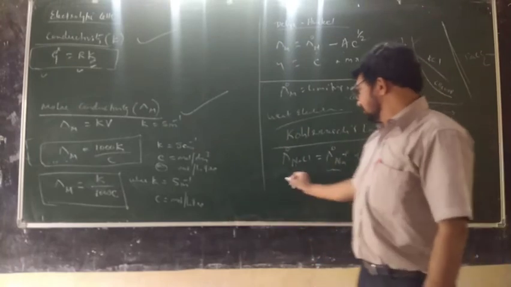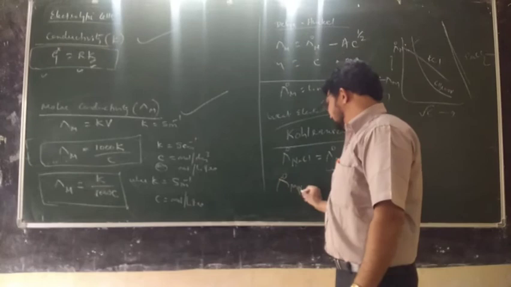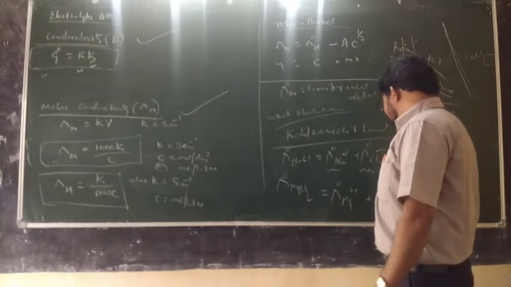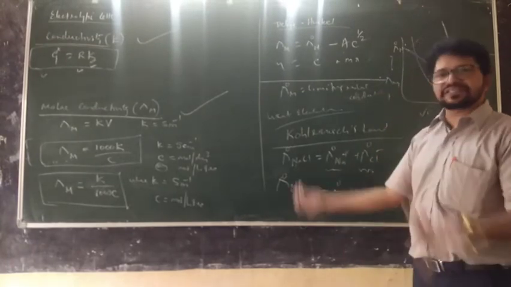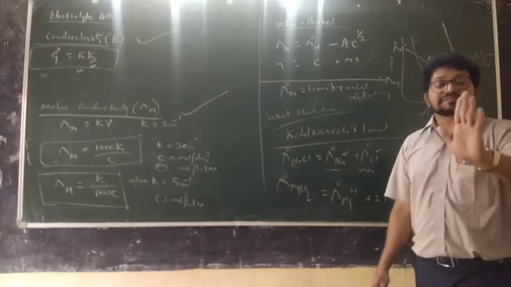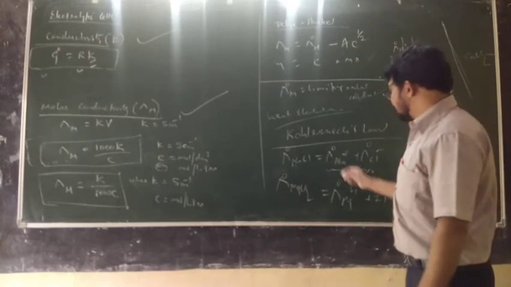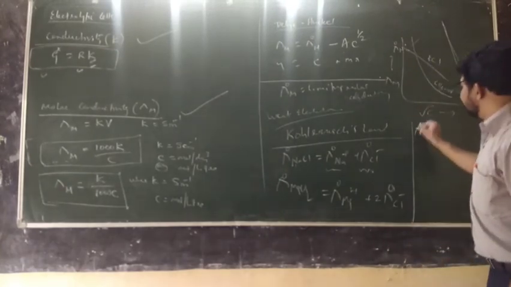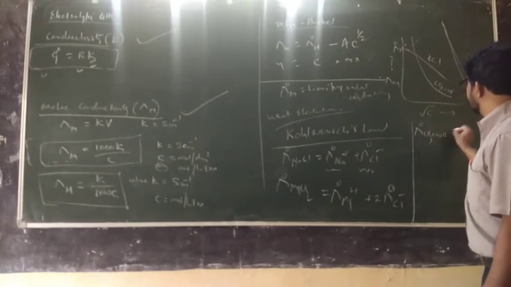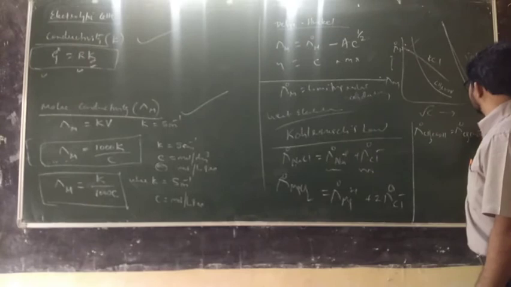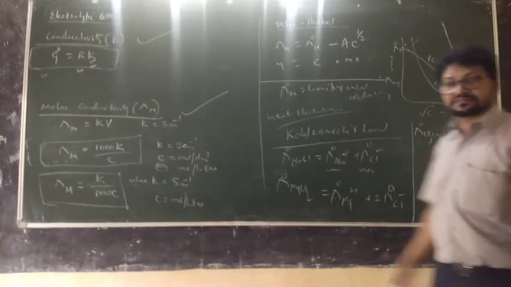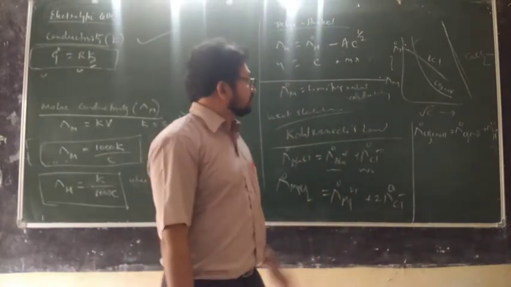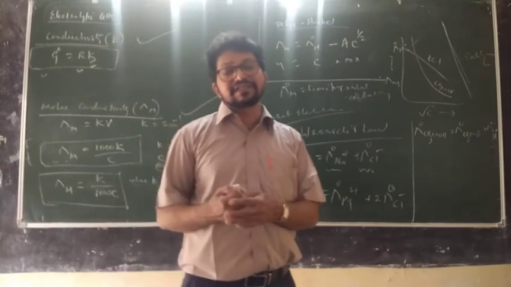Only at infinite dilution. What about lambda naught of MgCl2? Lambda naught of Mg2 plus plus 2 times lambda naught of Cl minus. This is the way you can calculate. This is not of much importance for what? Strong electrolytes. It is of great importance for weak electrolytes. For example, acetic acid, which is lambda naught of acetate ion plus lambda naught of H plus ion. This is practically not possible, because acetic acid never ionizes completely.